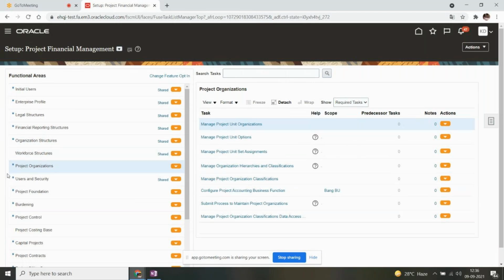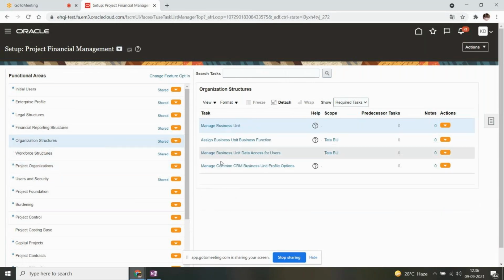Now, one doubt. Yes, Abhilash. Now in business unit, why can't you define the same departments, if the departments or segments are different? I'm not understanding. Can you ask again? In business unit, we can't assign the same departments to another business unit.